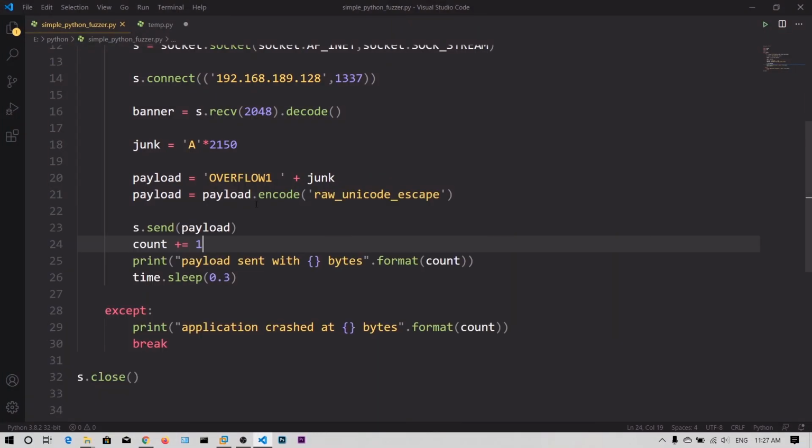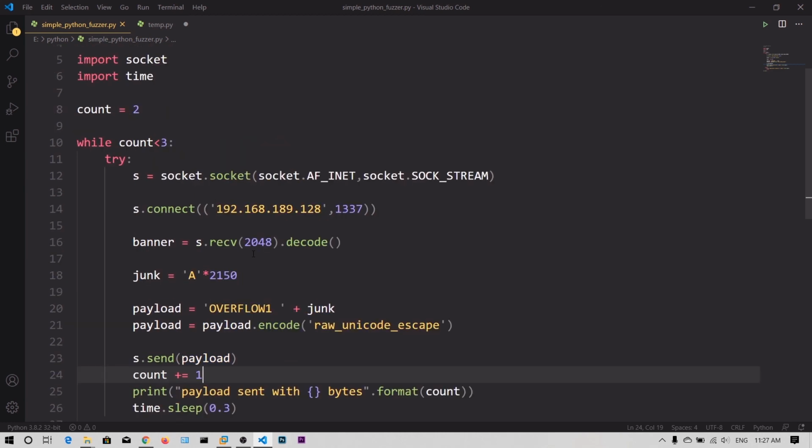In this way, we can fuzz the application for any vulnerabilities or crashes, and then we can examine the application memory to see if our data is there. Remember one thing, not every crash leads to a vulnerability. Sometimes a crash can lead to a vulnerability, but not all the time.